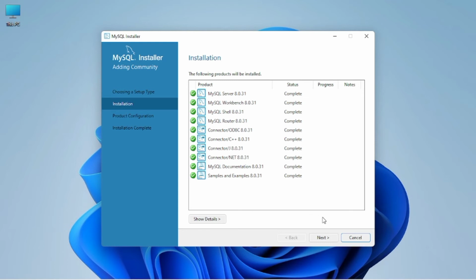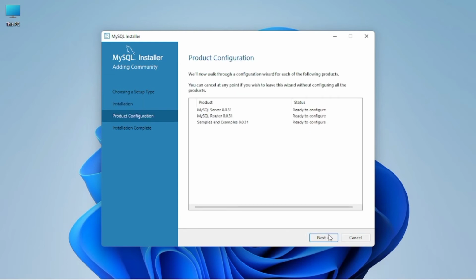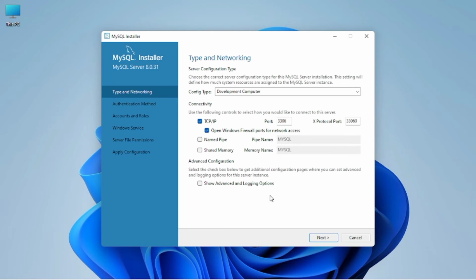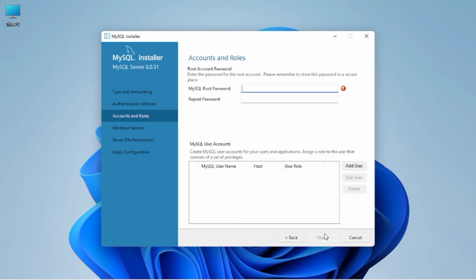Now simply click on the next button. Here we need configuration, then click on the next button. No need to change anything, simply click on the next button, again click on the next button, and right here is the MySQL root password. So choose any password you like. I repeat this password here, and simply click on the next button,